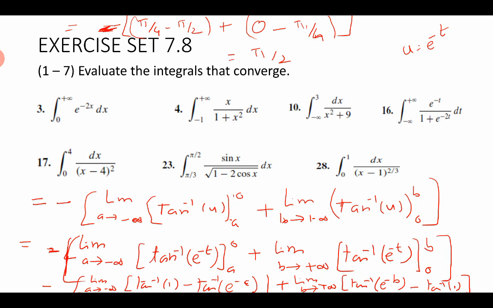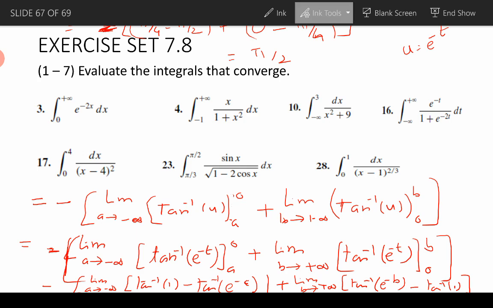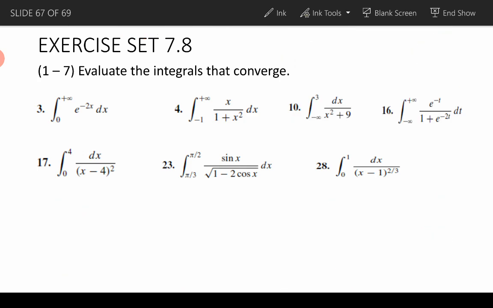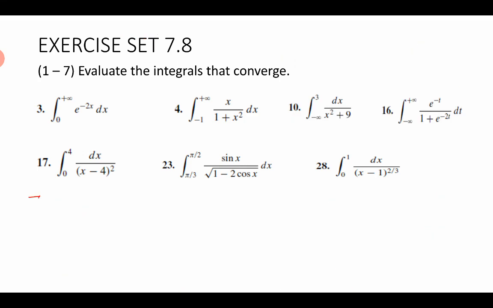And the next three problems, the last three problems of this chapter. Problem number 17. What's happening here? Is it an improper integral? You are supposed to integrate from 0 to 4. So at x equal to 4, the function has a discontinuity. So we cannot directly integrate from 0 to 4. This is an improper integral and should be addressed carefully.